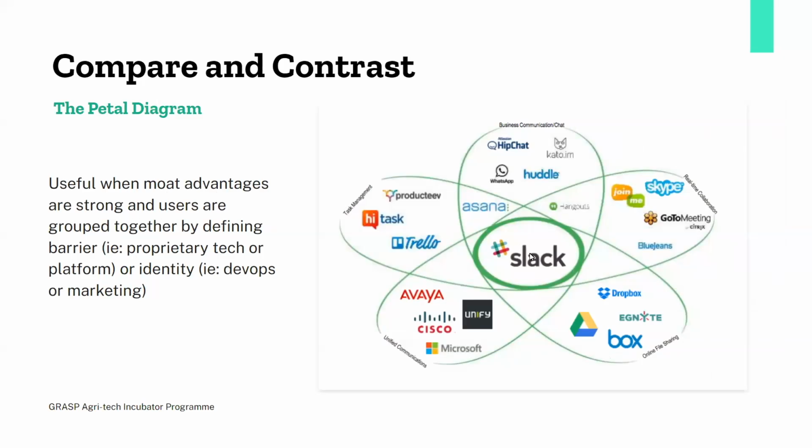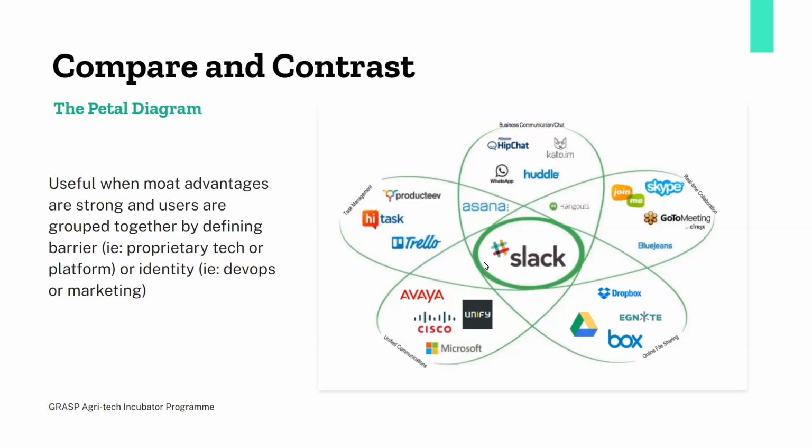Now Slack does a number of different things, right? It helps with real-time collaboration where video calling or audio calling, and you see a number of different services that do that. Skype, BlueJeans, Join Me. It helps you with online file sharing. Again, Dropbox, Google Drive, a number of different services doing that. It helps you with single points of communication, something that Microsoft, for example, does a lot of. You would have heard of Teams, and Teams is integrated into a lot of other different Microsoft offerings that help for that unified communication.